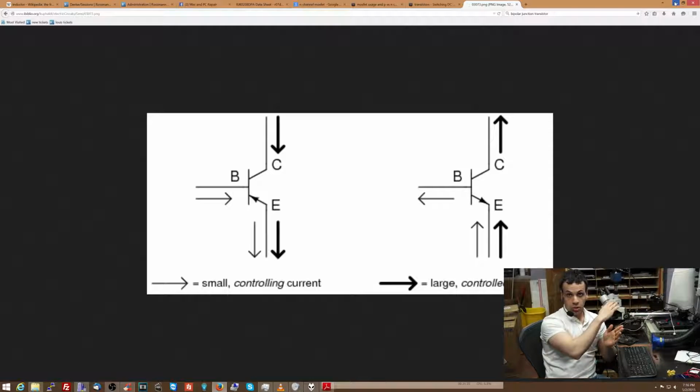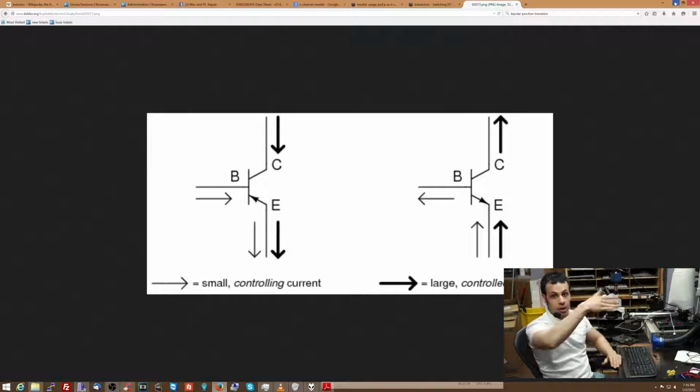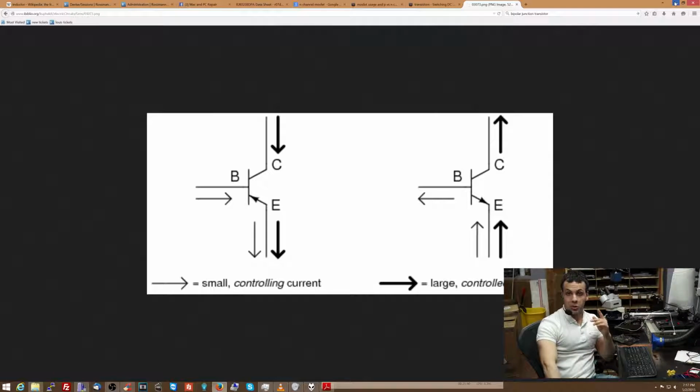We can use it to turn circuits on and off. We can use it to take a standard steady power and cut it up into little pulses of power, so that if you have this much and you need this much, you can take this and turn it into that. That's one of the great uses of a transistor. And we can also use it for amplifiers. I'm going to explain that, even though that has virtually nothing to do with how laptop motherboard repair works, because my start into electronics repair professionally was repairing amplifiers and audio gear.